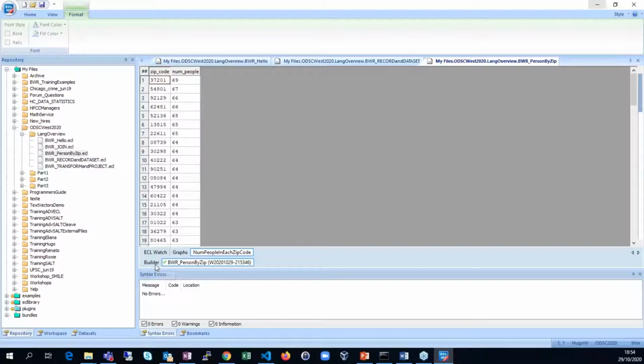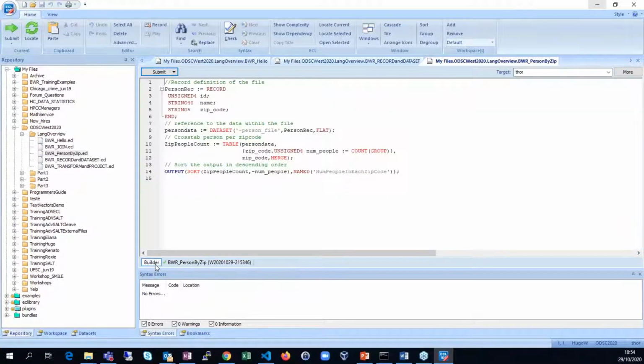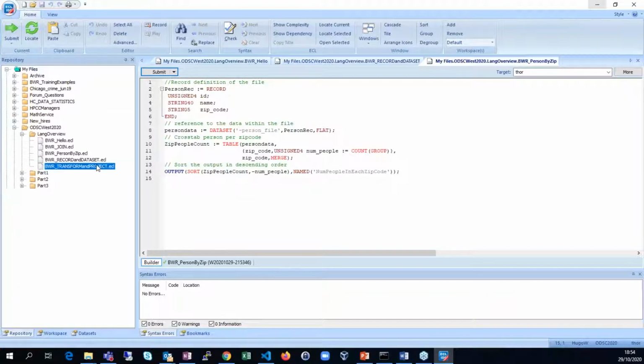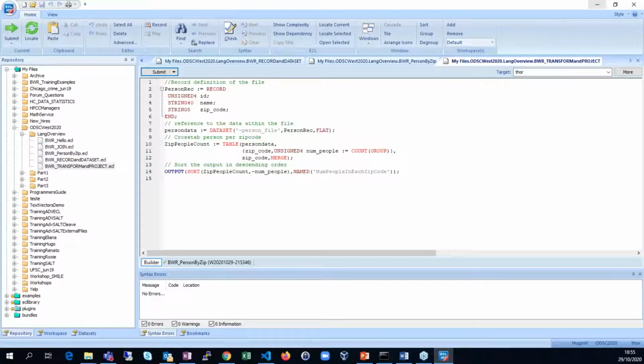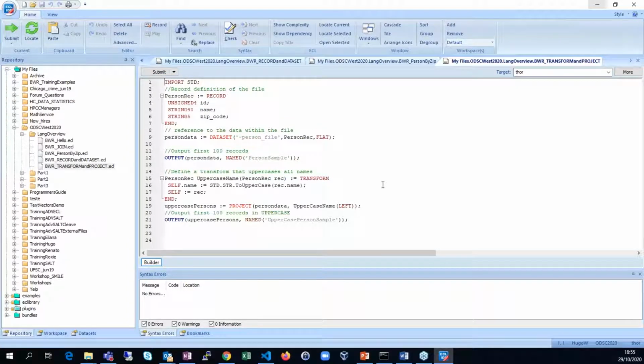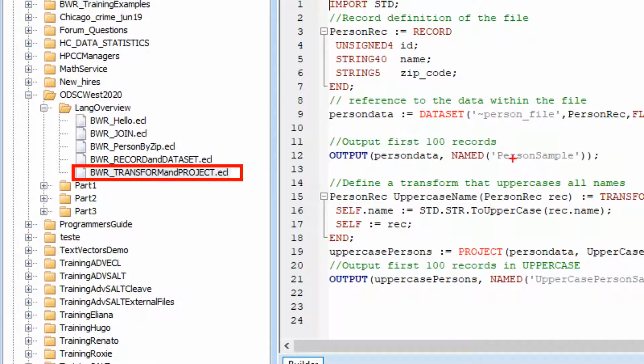Very well. But again, a tabulation doesn't mean you're actually transforming your data, which is a very important part of any big data processing organization. And that's where HPCC actually becomes even more efficient and friendly for you, because even complex transform operations become simpler in ECL. And I will just quickly go through the main transform structure we have in ECL, and guess what? It is called a transform. So if we open the BWR transform and project.ecl,